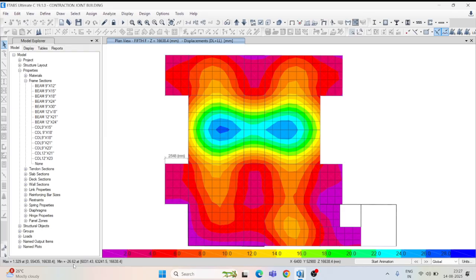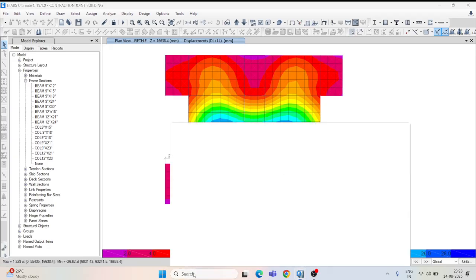See, 26.62 mm deflection we are getting in creep analysis. And same here, see, how much, 4.97, this is 4.70, this is 6.01, and here this is 6.117. So 26.62.